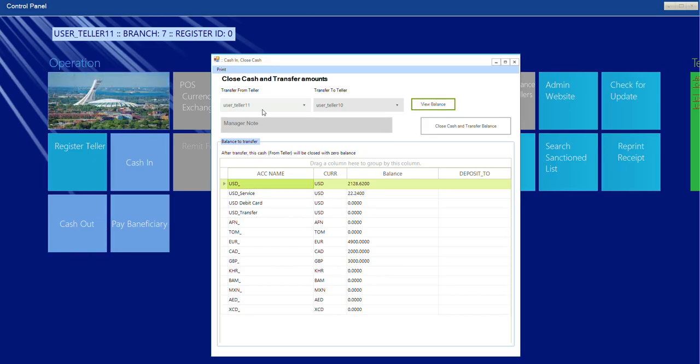And this is our, what I did is because I logged in as a teller that has more access, I was able to actually